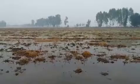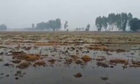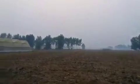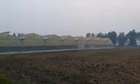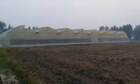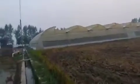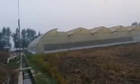And the problem now here is that there is a lack of sunlight. You can see around the poly house and around my area there are lots of farmers who have burnt the crop residue, and it's smoky weather, and due to the smoky weather there's a lack of sunlight, and if there is a lack of sunlight there's less photosynthesis. In my poly house the fruit size has not grown for the last 2 to 3 days. And let's see if it gets better tomorrow,